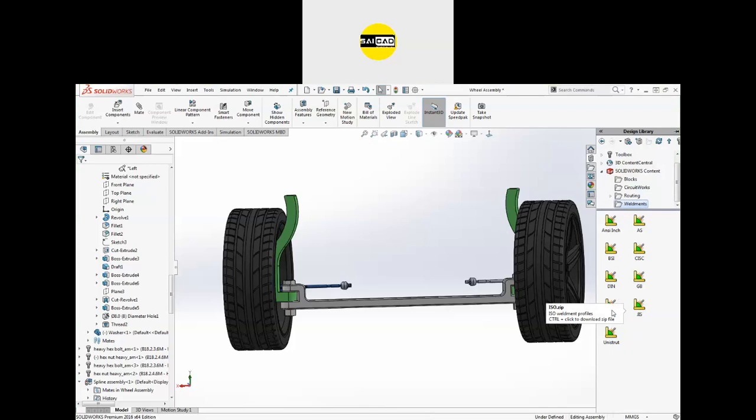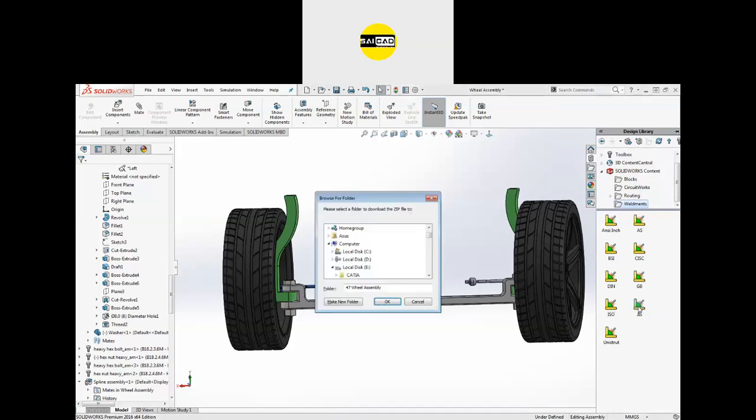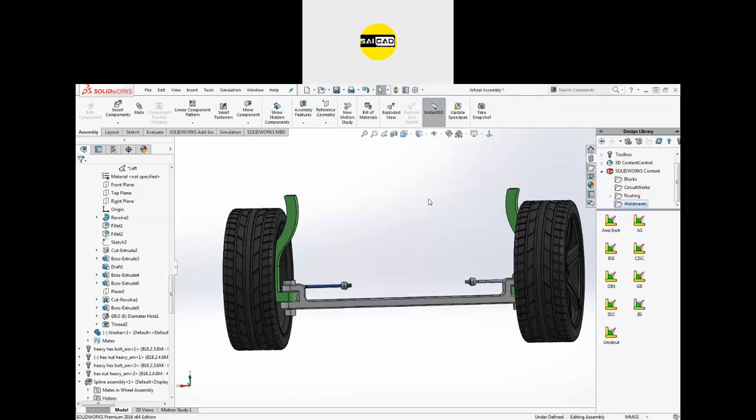You can see Control plus click to download. So press Control and click, like for GIS. Now you can see it is asking for the location and we can download that. Or we can download from any website. The content of that website can be added to the library also. But most of the files are available in the toolbox. Okay, any other question?